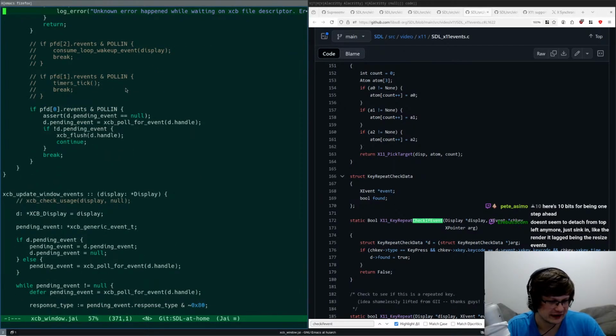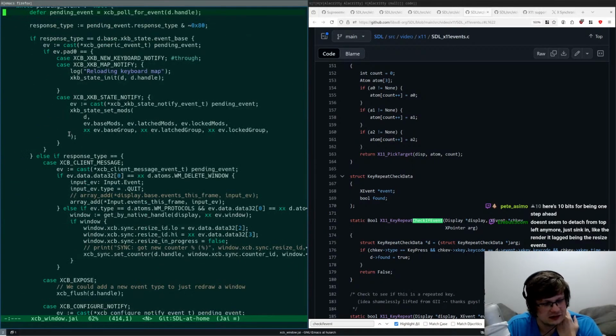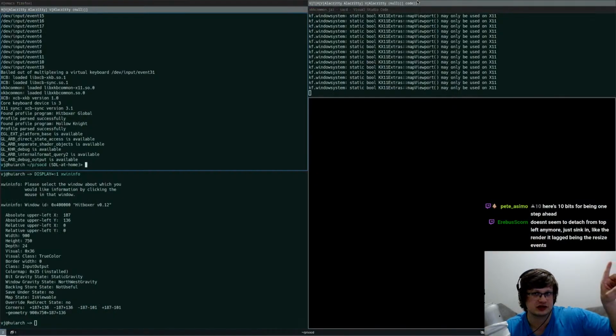It doesn't seem to detach from top left anymore. Just sinking in like the render lagged being reset. Yeah, I mean maybe. But even aside from it working or not, having northwest gravity kind of makes sense, right? Just logically, because